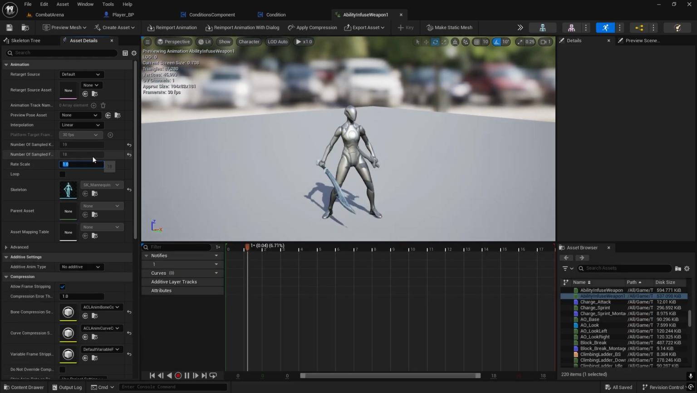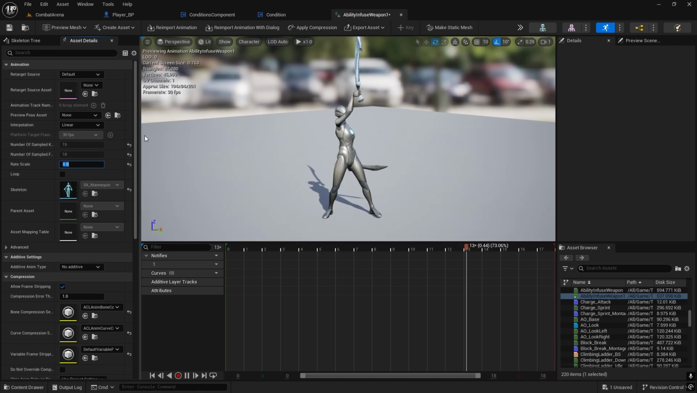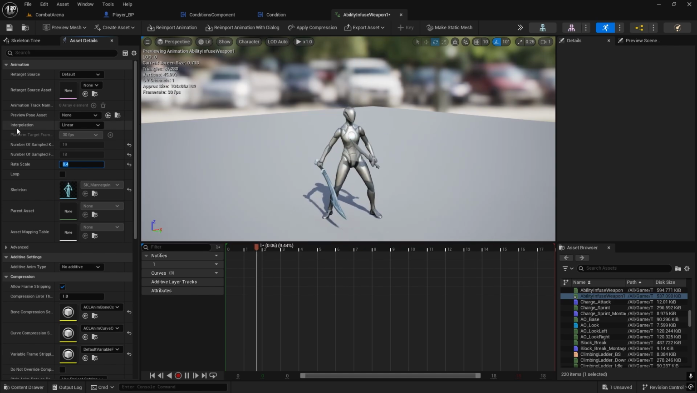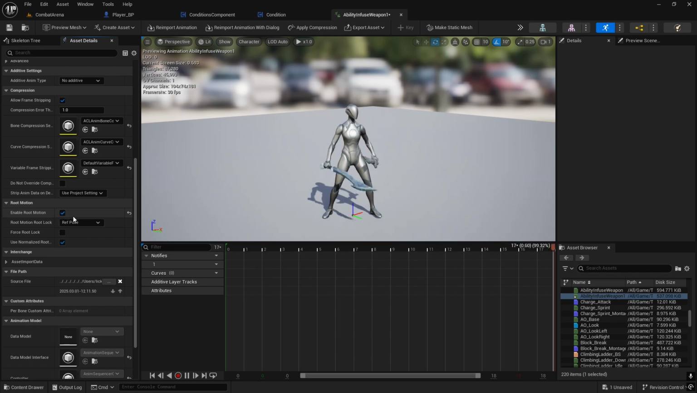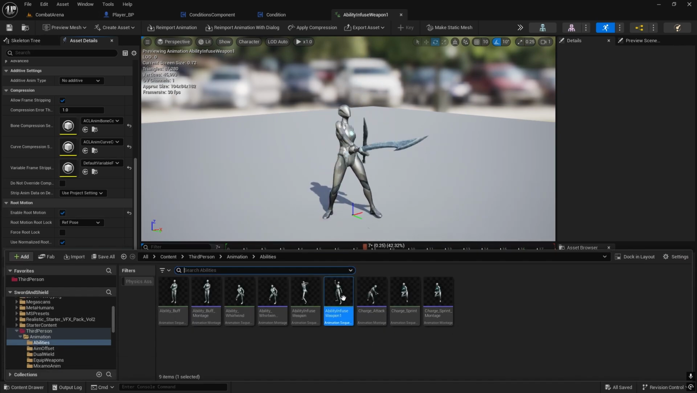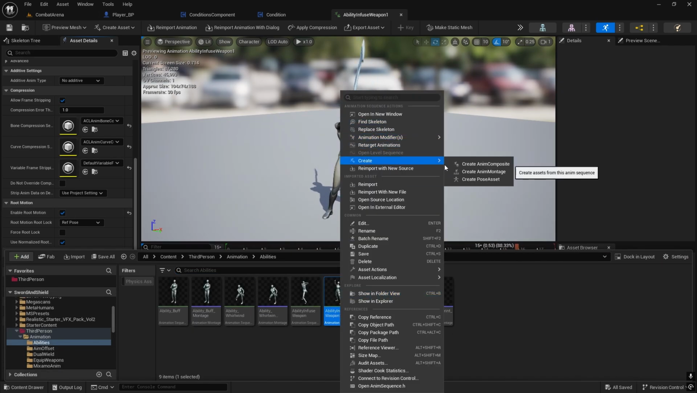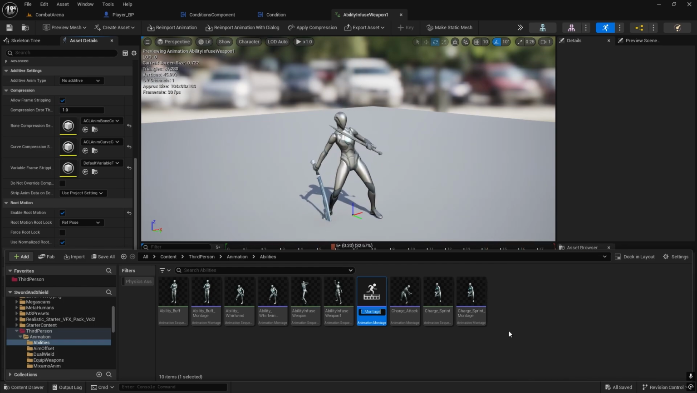What I'm going to do first though is change this rate scale to like 0.5 because it's a little bit too fast. Right? Or maybe even 0.4. Yeah, like that. And then don't forget to actually check enable root motion. And then we're going to right click and create any montage from it. And this will just be ability infused weapon